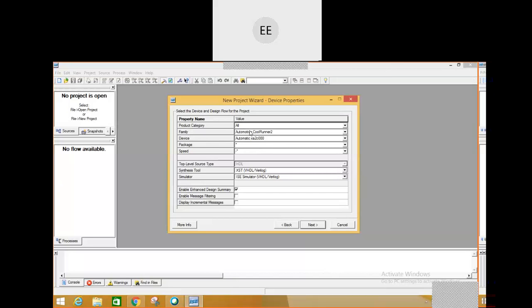So as we have restricted for the simulation, let all these things remain the same. Okay, but if I want it to be specific to any of the FPGAs, see what is this showing me now. It is showing me the family. It's an automotive family. These are all the families of the FPGAs that is available.